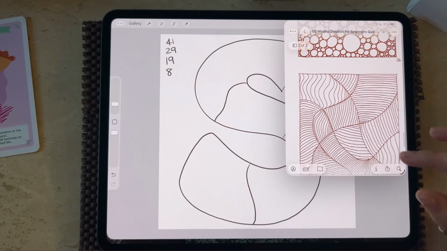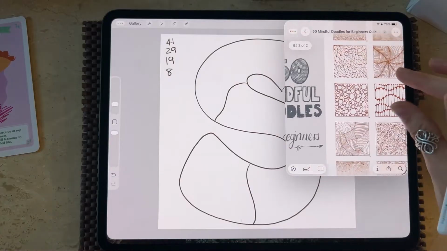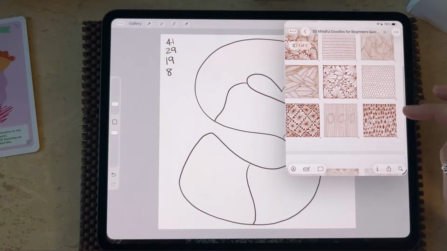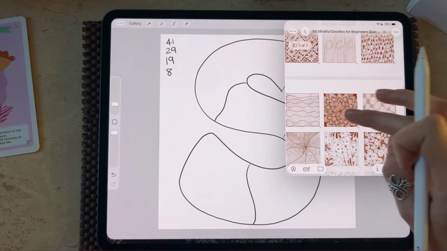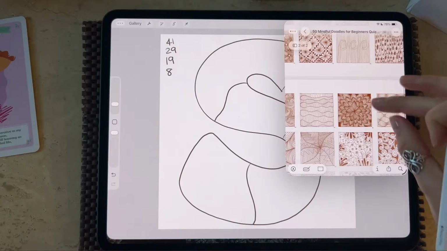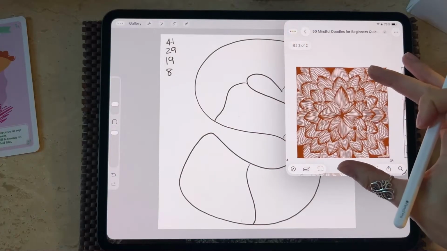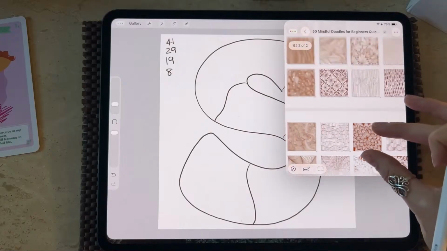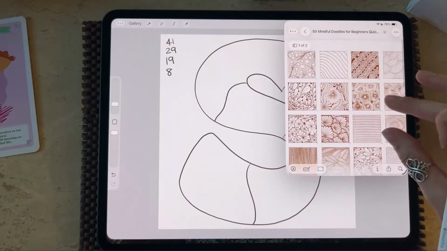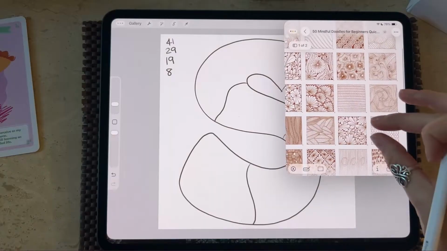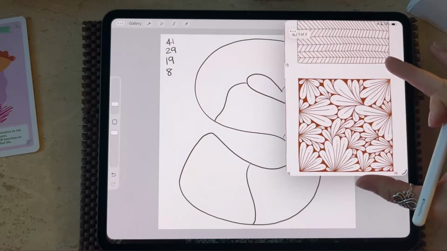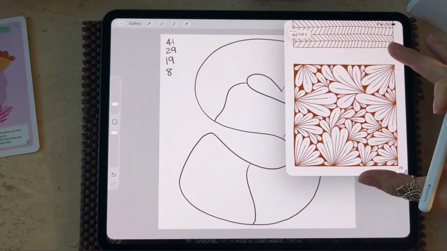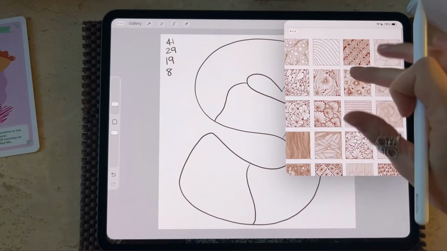So that's number 41. Number 29. Oh, that one, that's cool. Looks like a succulent. Number 19. So I'm showing you this so that you can mark them on your sheet. Oh, I like that one. It looks like ferns. And number 8.